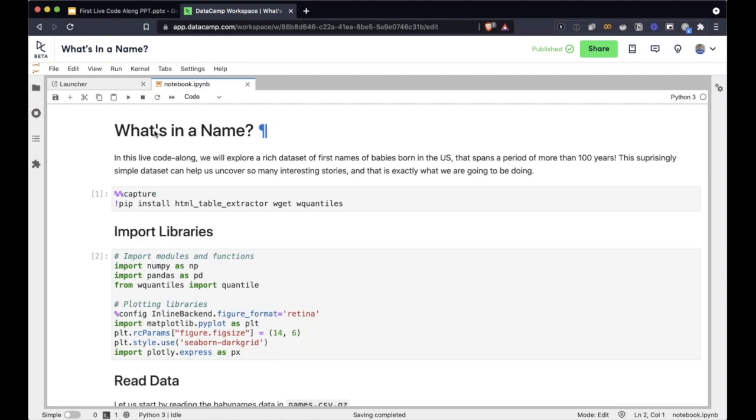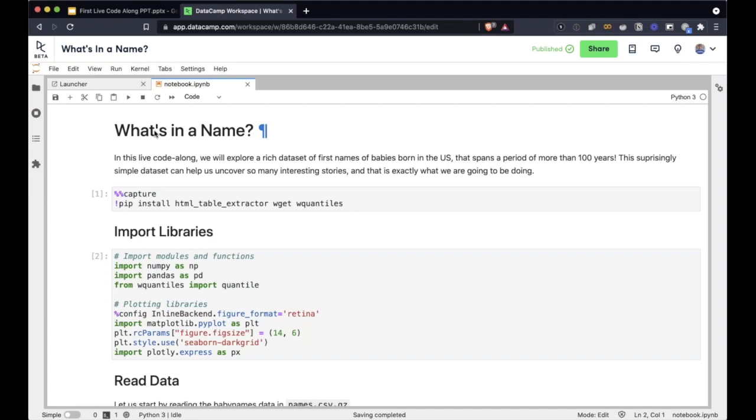And more importantly, you will also be able to publish your work, share your analysis, and create an entire data science portfolio. And we have a lot of exciting things lined up on what we want to make DataCamp Workspace into. But today's code along will focus on using DataCamp Workspace to analyze a really interesting data set on baby names. So without much ado, we're going to get started.